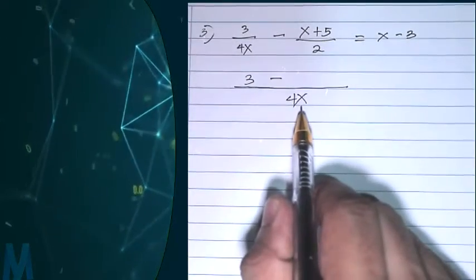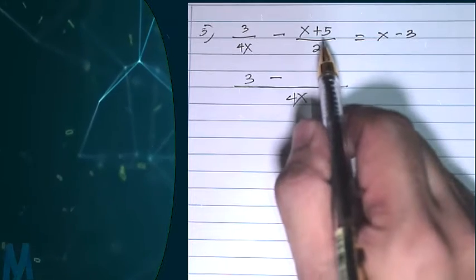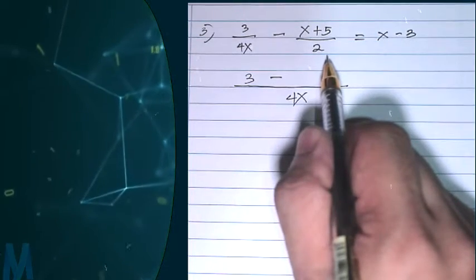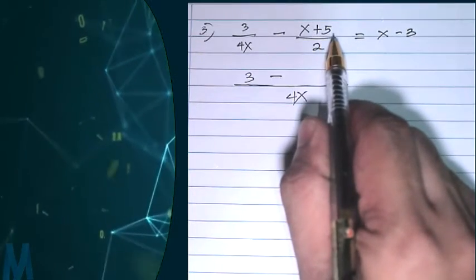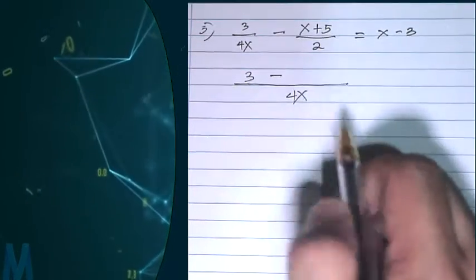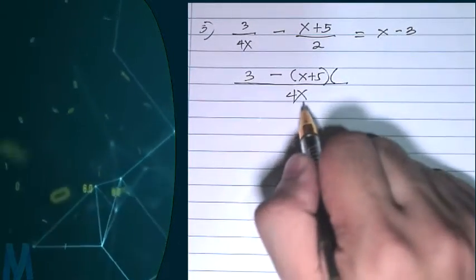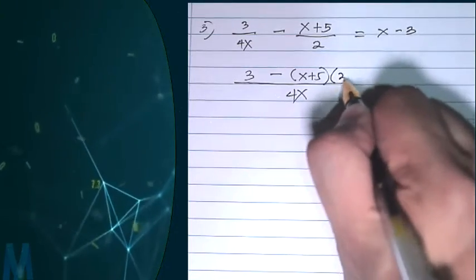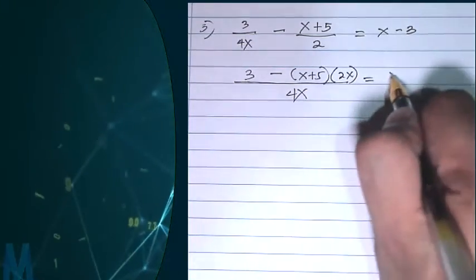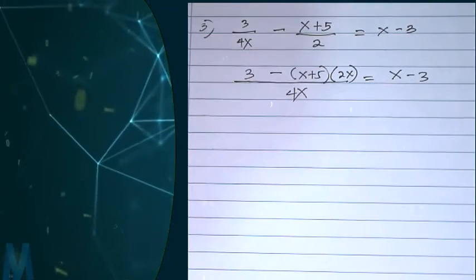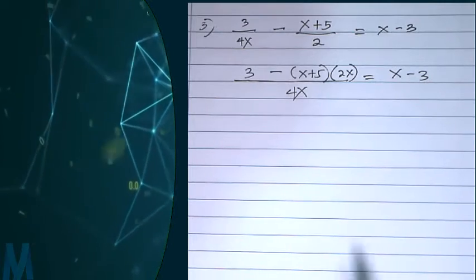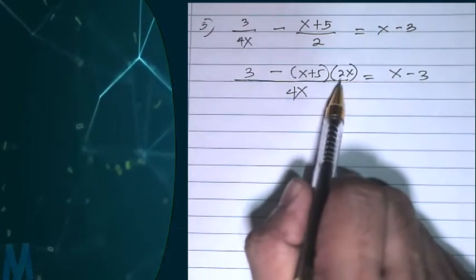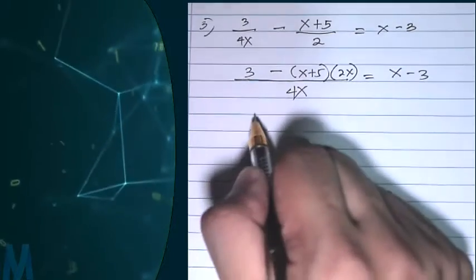Minus 4x times, 4x divided by 2 is 2x. So the 2x, we first multiply it to x plus 5. So make sure the x plus 5 is enclosed in parentheses first. Then we multiply the 2x is equal to x minus 3. And then the x plus 5 times 2x. So we have 3